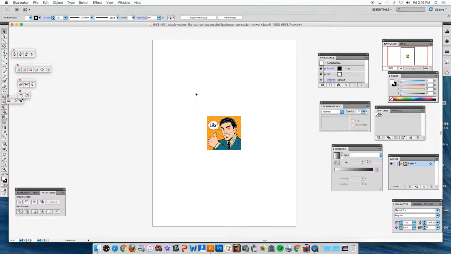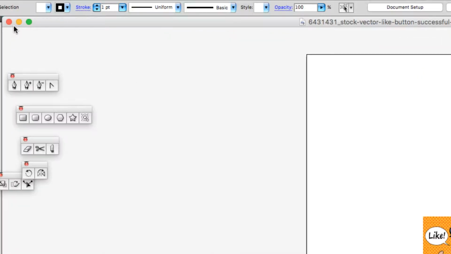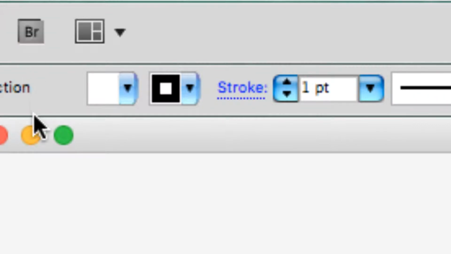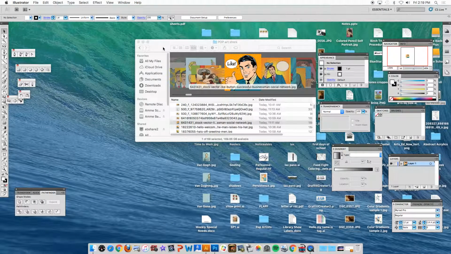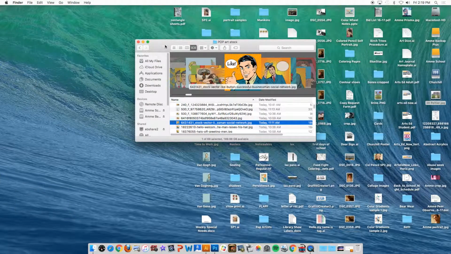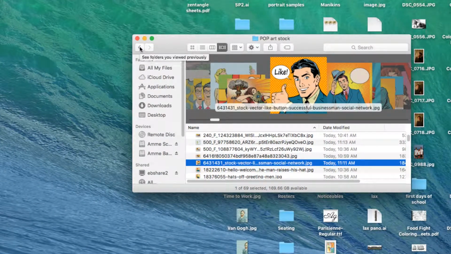Next step on the procedure sheet says minimize the Illustrator window by clicking the yellow light in the upper left hand corner of the window. So up here, minimize it by clicking on the yellow light. All right, so minimize it, and that goes down here. Now, it says click back on this and click the back arrow here,